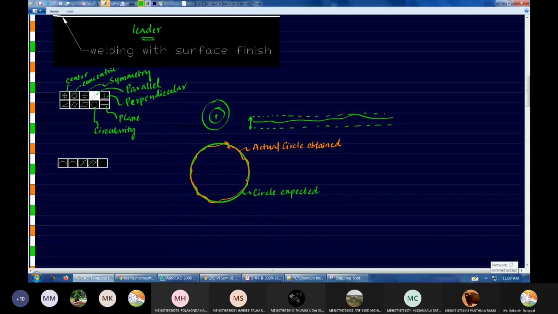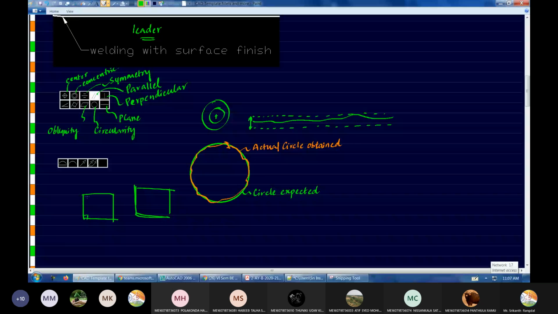Then here, this is called obliquity. As the diagram itself is showing, it defines how oblique the surface has to be. Suppose you have a simple block. This angle has to be 90 degrees.